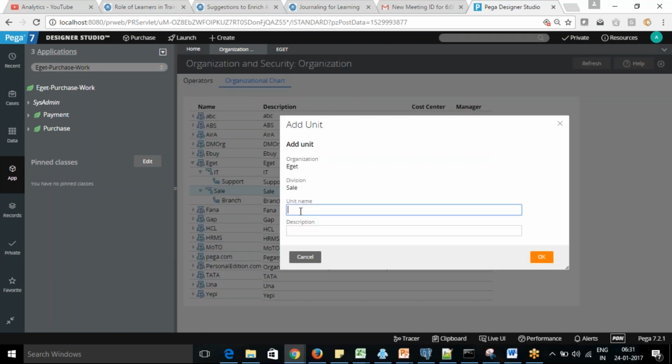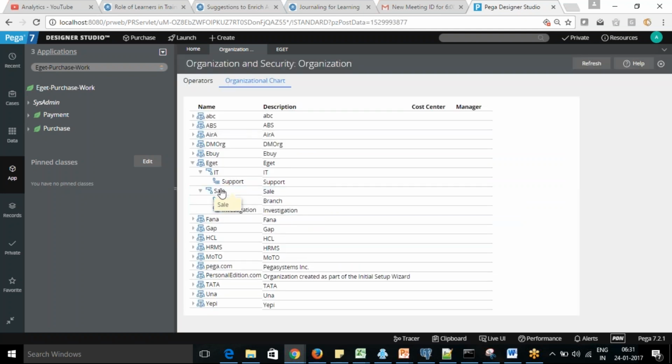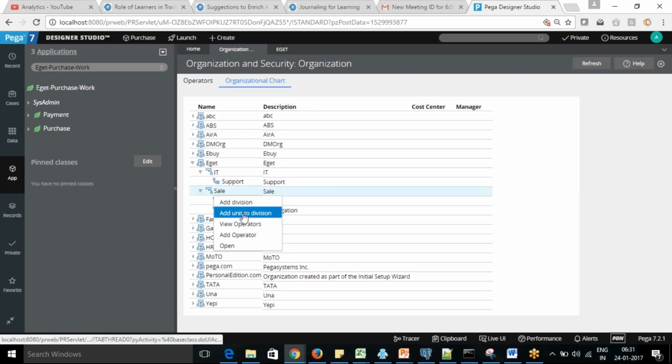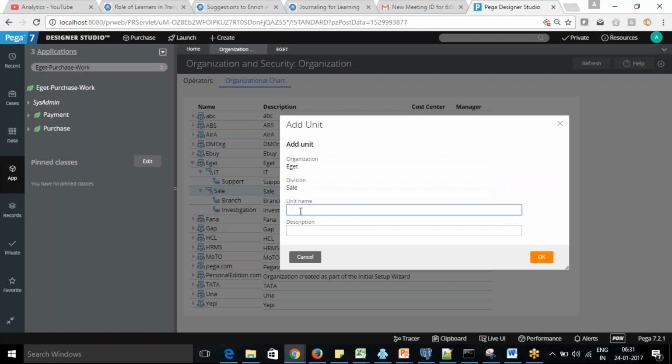If within that you want one more unit, say investigation, or one more like warranty support.